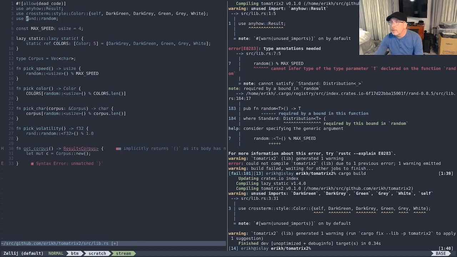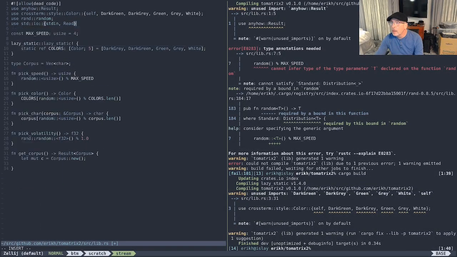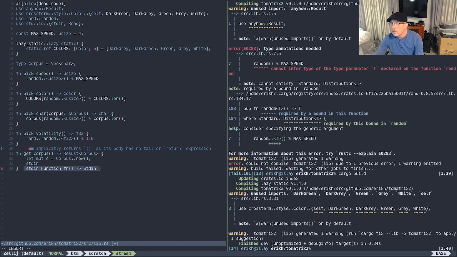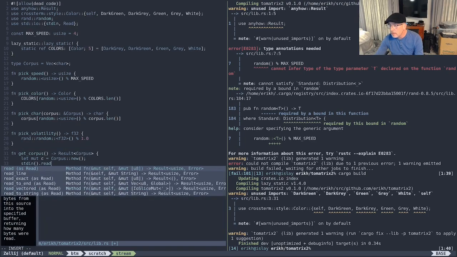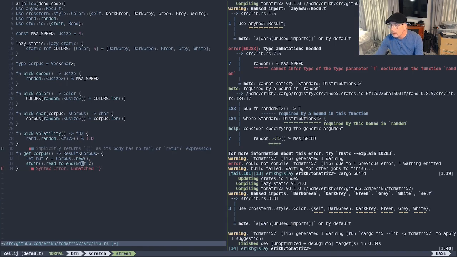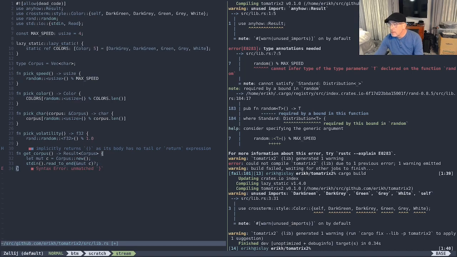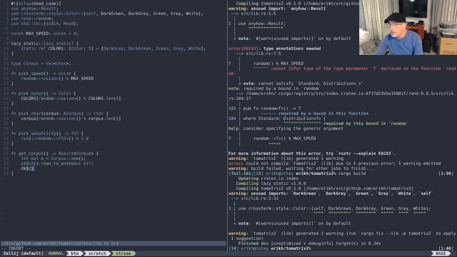And we're going to need to bring in a couple of other things in the IO package. Stdin and a read_to_end. And we'll call it read_c. We'll ignore the usize. So read_to_end returns the amount of characters it read, or an error. And we want no error to come back, but we don't care how many we read. And let's see here, and then we'll go OKC. And what that will do,